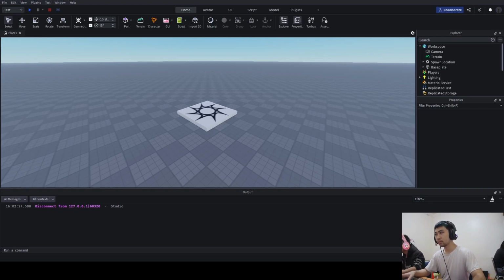Anything here, we're going to leave this as print hello world. We're going to go back to our game. We're going to hit test and then hit play. So then what should happen is that we should see in the output hello world, just like how we normally would in a regular script. But here's the interesting thing. If we hit current